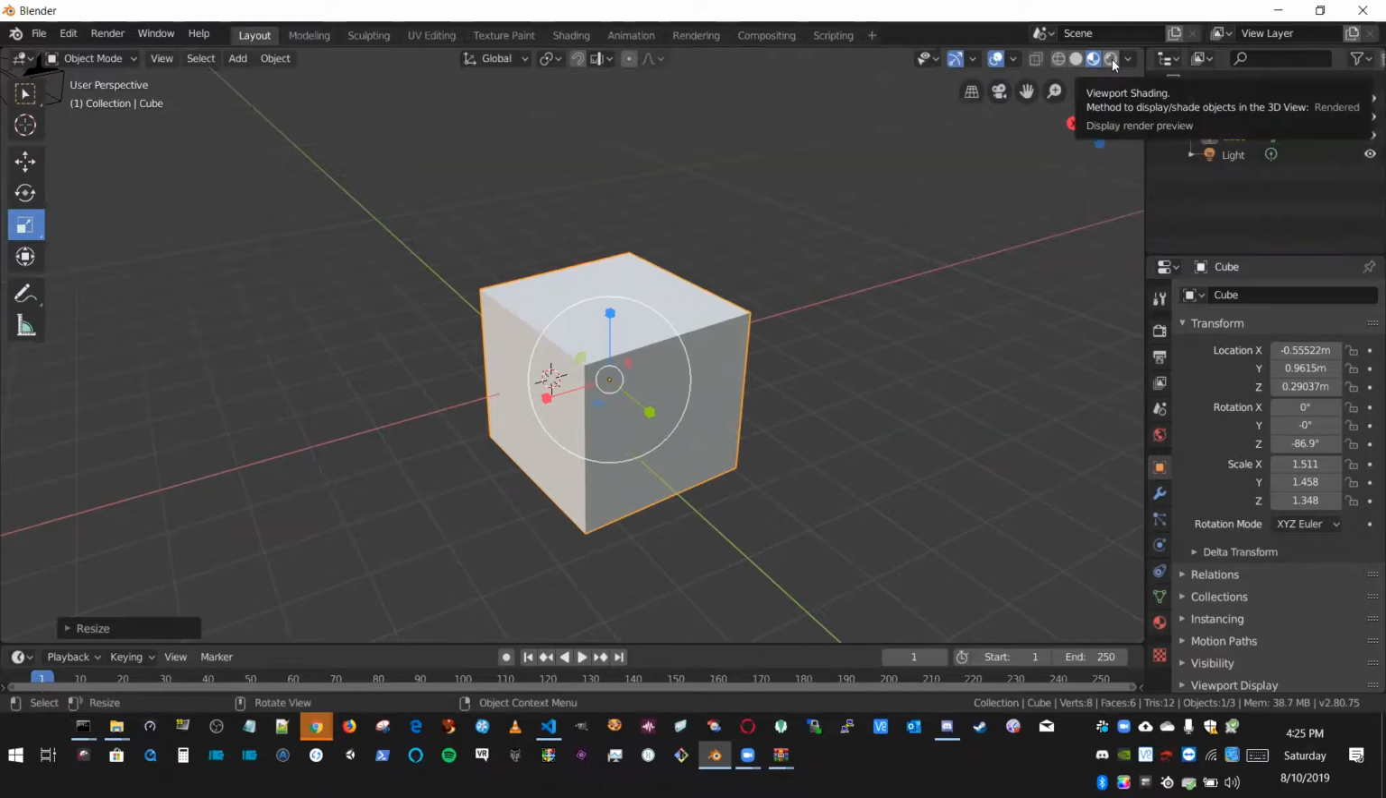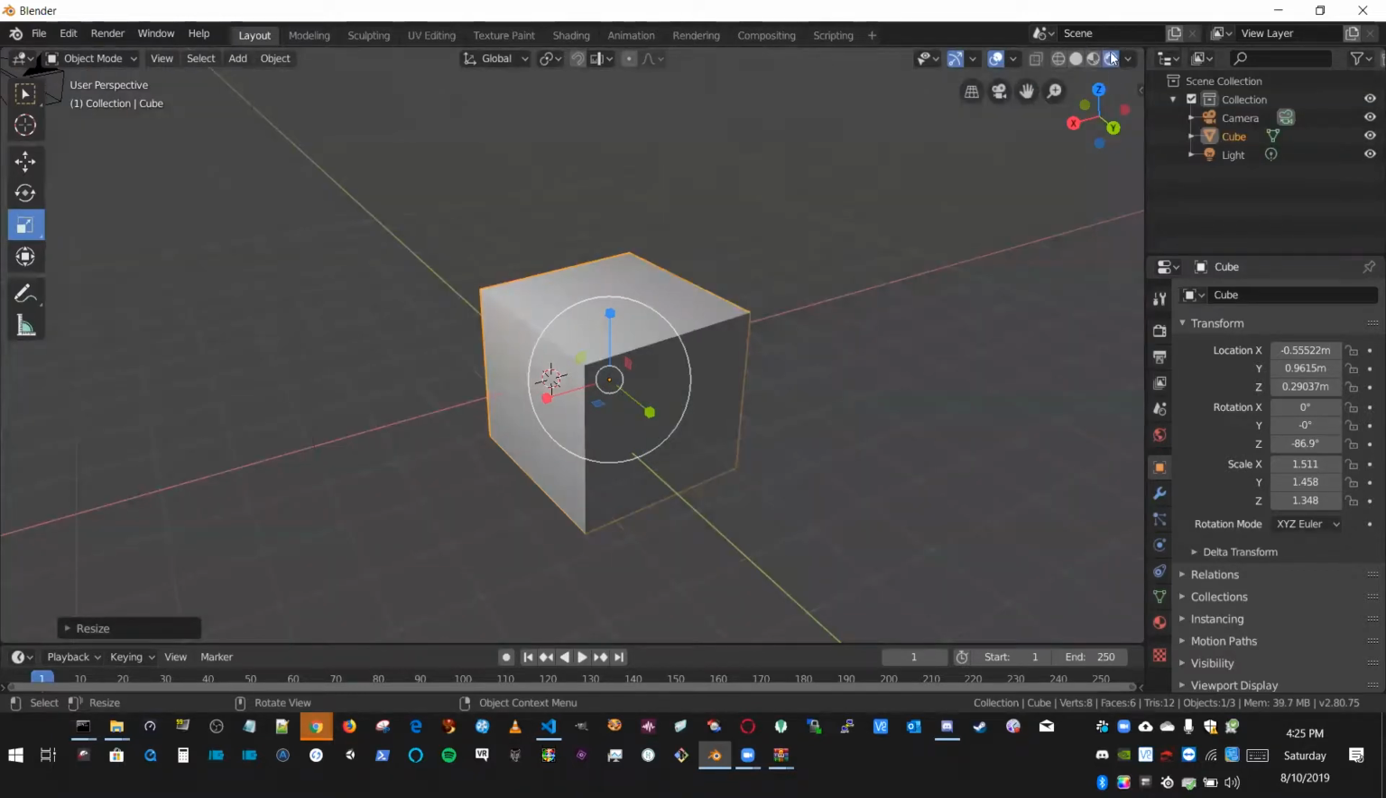And if I hover over this, it's called rendered. I see a really high quality version of this cube. If it had textures on it, et cetera, it'd be looking really sharp. And there is a later section on materials in this class. A real quick preview is when you have